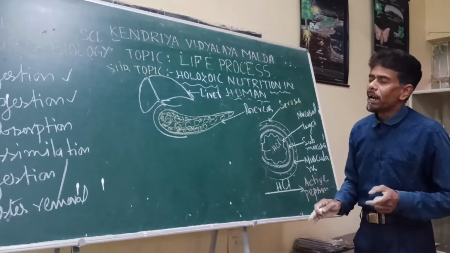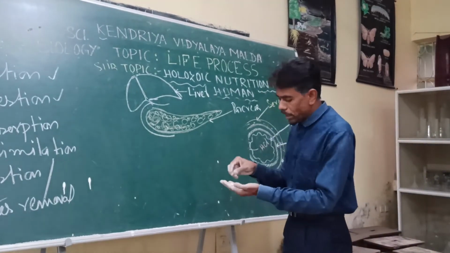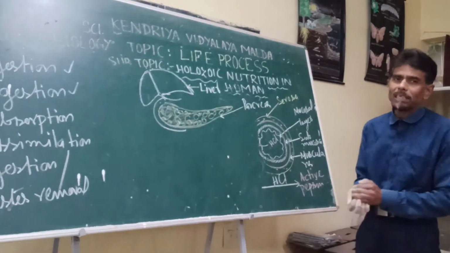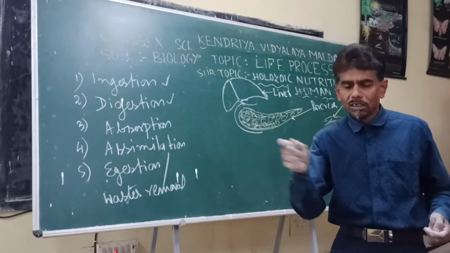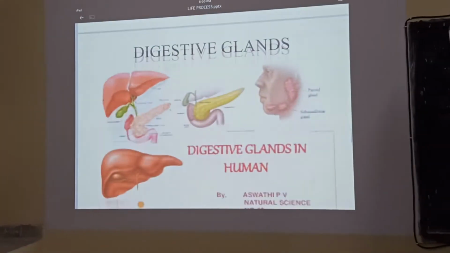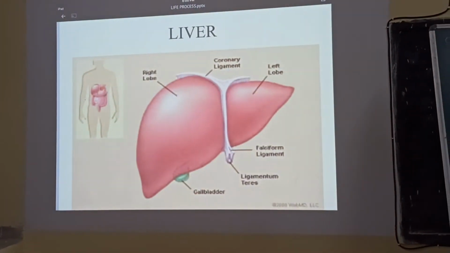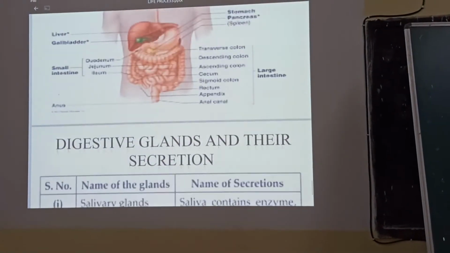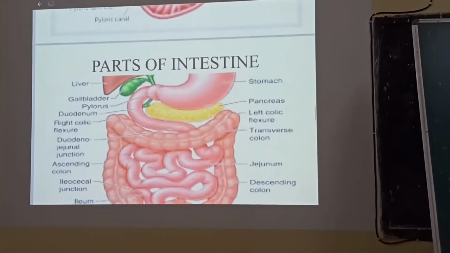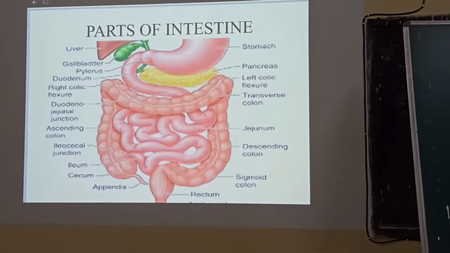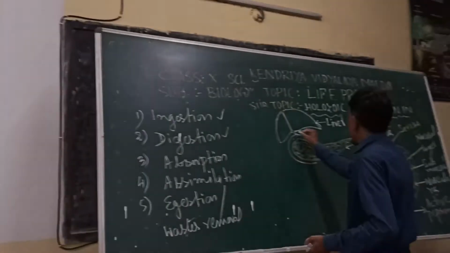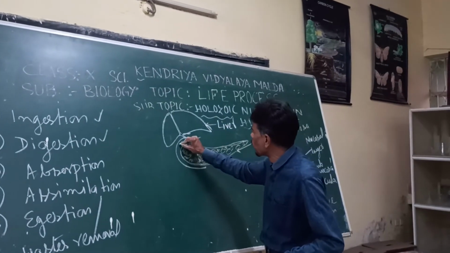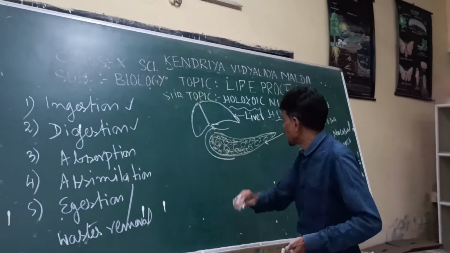Now, the liver and the pancreas ultimately playing a very vital role in the process of digestion, as I show you in the previous clipping. This is a separate view of liver and pancreas I have shown you. Now, the pancreatic secretion and secretion from liver through a common duct open into this duodenum.